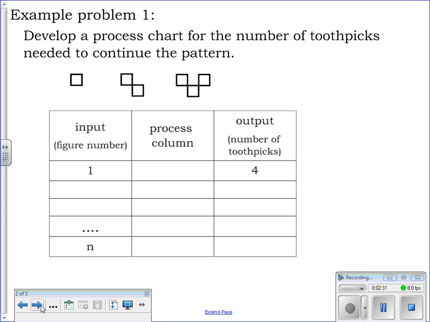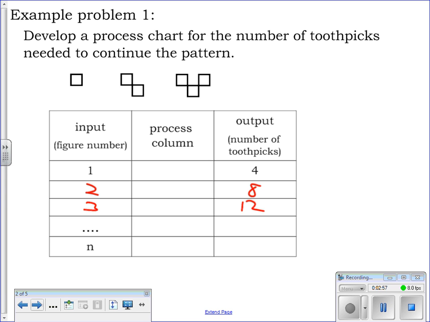Do you see why I have 4 toothpicks in the first figure? Okay, 4 sides. In the second one, how many do I have? I've got 8. In the third one, how many? I have 12. Okay. Now the process column,